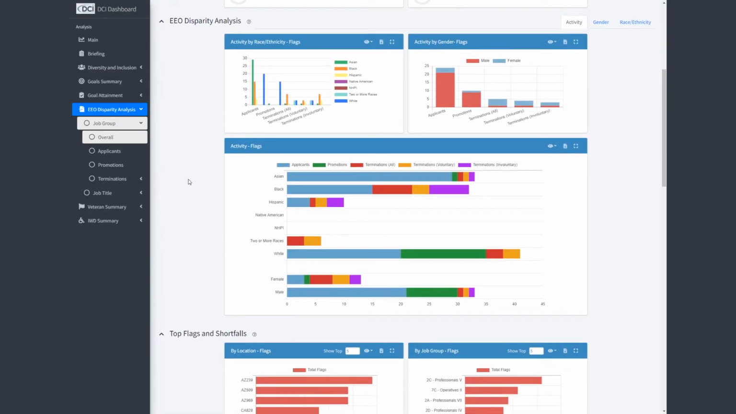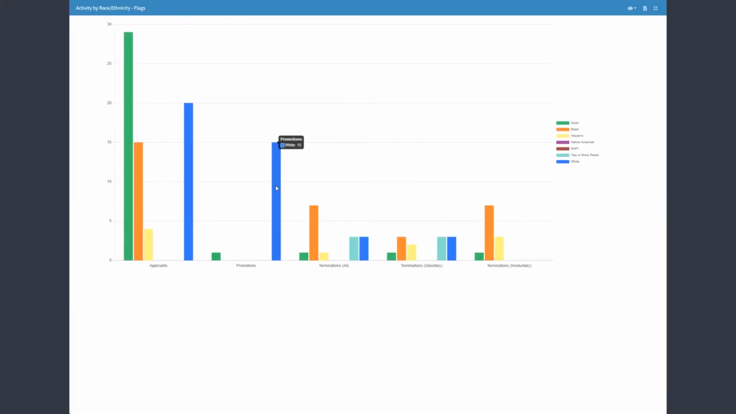The next section of charts shows the breakdown of results by activity type, by race ethnicity groups, and by gender groups, and then the overall chart at the bottom here that combines all of those. So it shows us all of the groups as well as all of the activity types collapsed into one horizontal stacked bar chart. Each of these charts, you can interact with